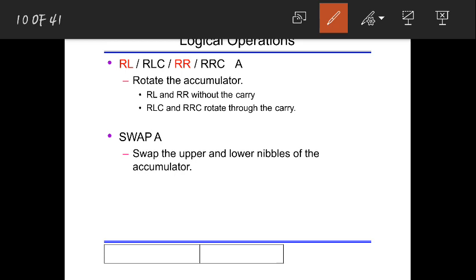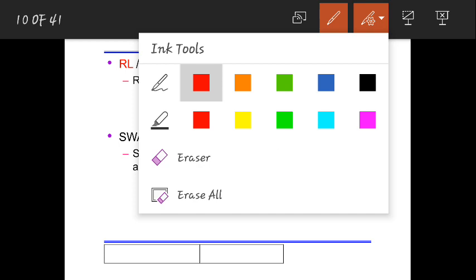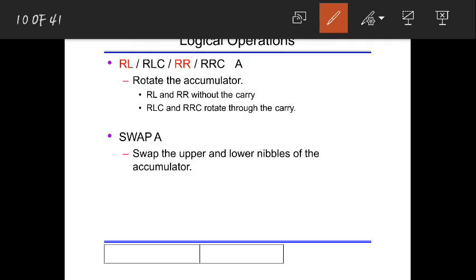Now in the same way we'll try rotate right. So rotate right with carry, that means rotate right with carry using the accumulator. Before, we completed rotate left, right?